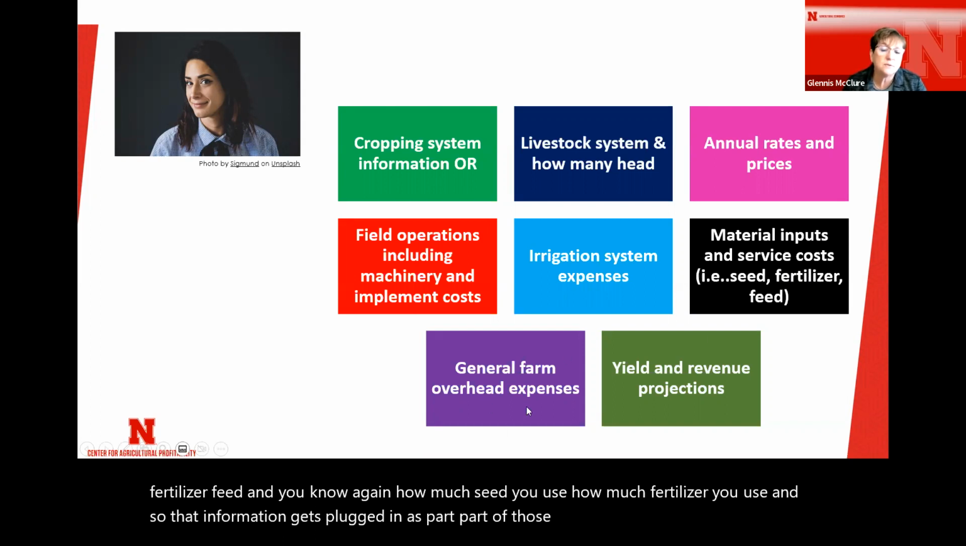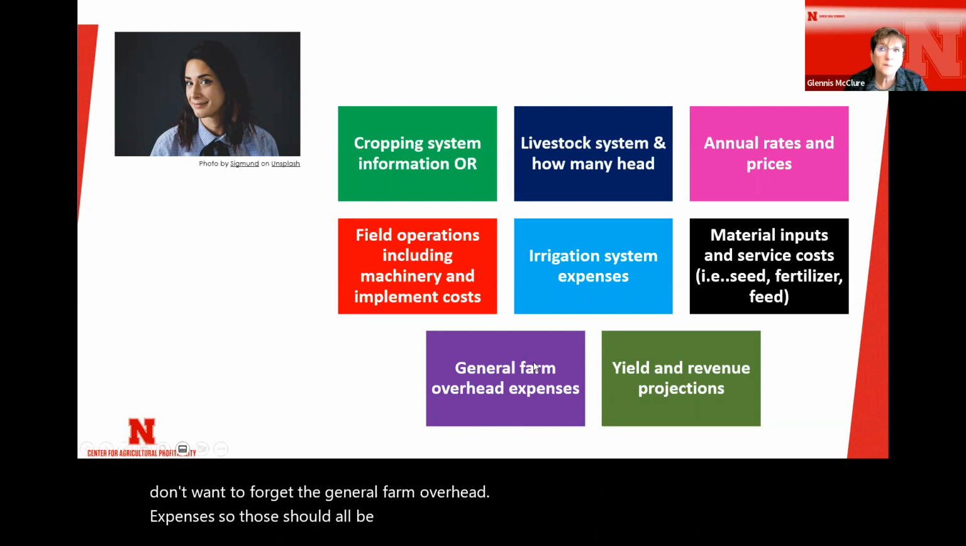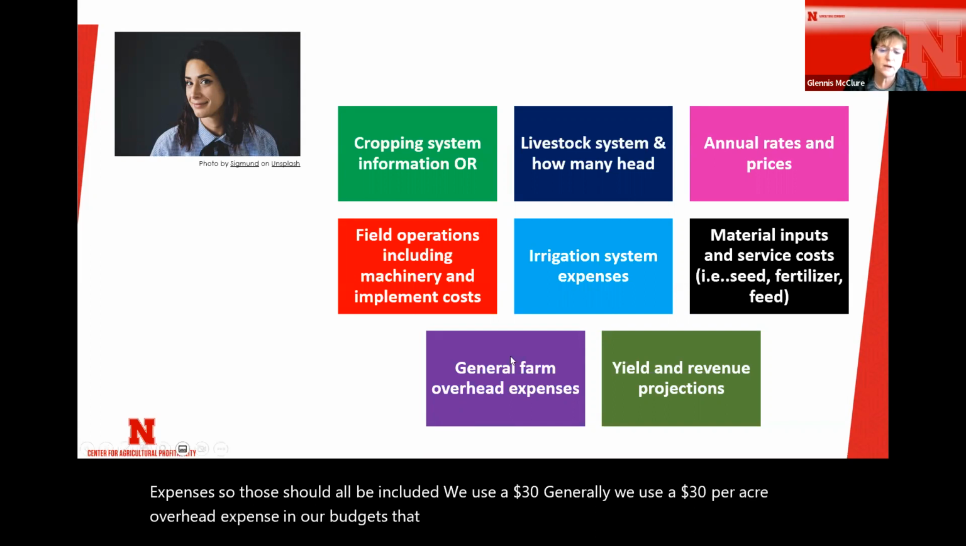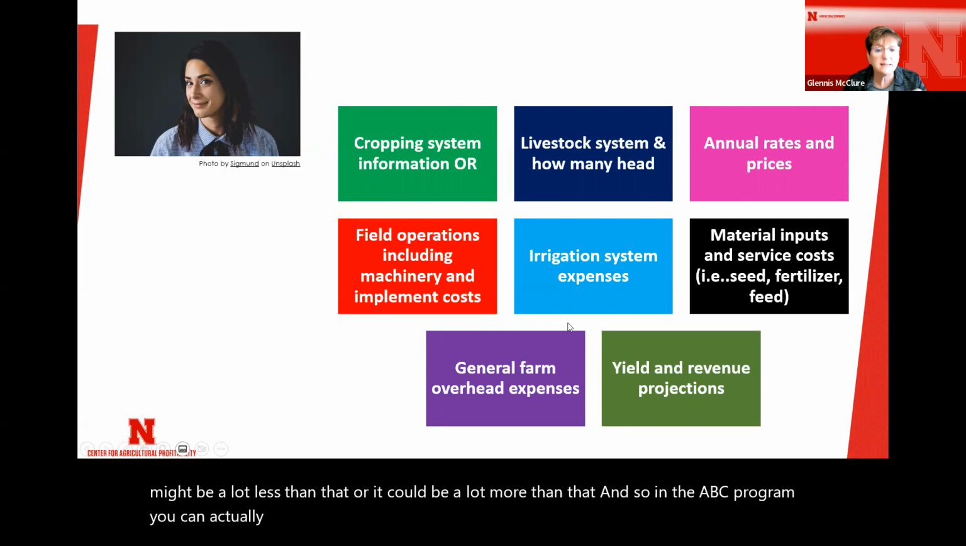Again, we don't want to forget the general farm overhead expenses. So those should all be included. Generally we use a $30 per acre overhead expense in the budgets that we provide, but your overhead cost might be a lot less than that, or it could be a lot more. And so in the ABC program, you can add in more precisely what those costs are, and then split those over your acres or your livestock